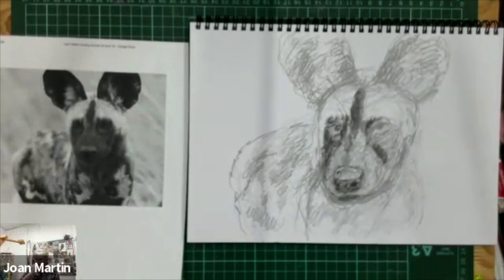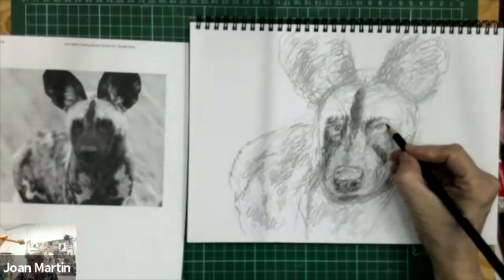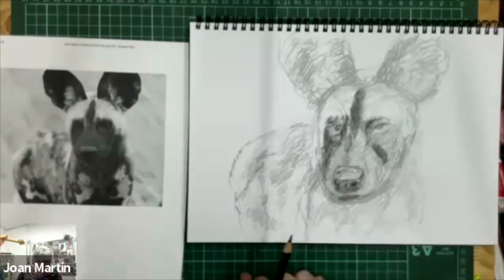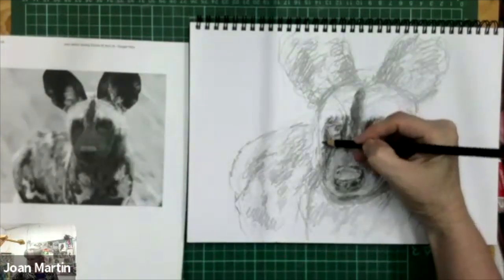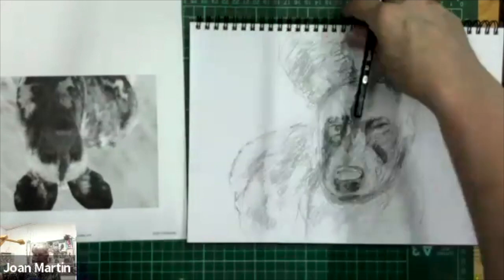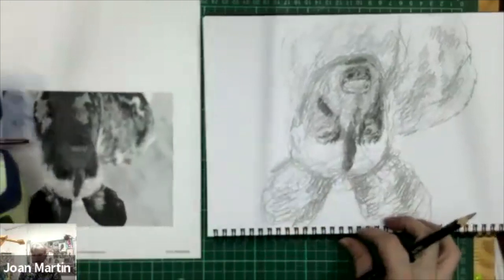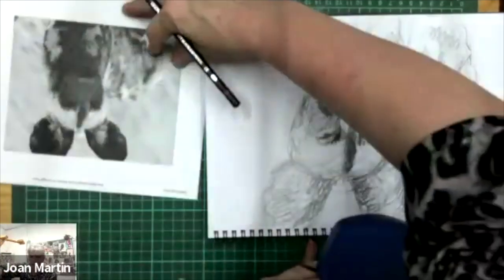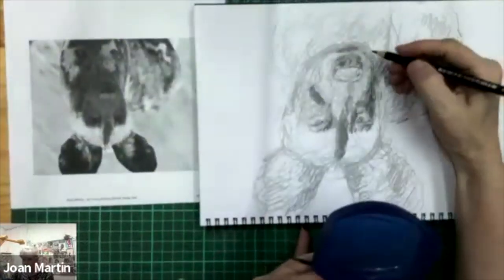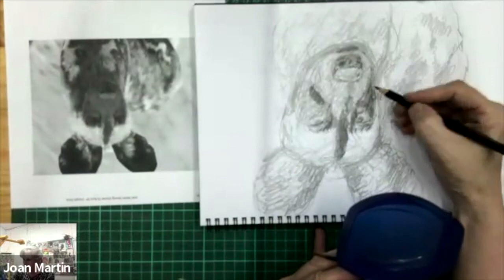The other thing I tell my students, if they're really battling to see something or draw something, I tell them to turn their reference upside down and turn their drawing upside down. So if I do that and I turn my drawing upside down, it's going to give me a completely different perspective. And I'll just move that up. And what actually happens is your brain